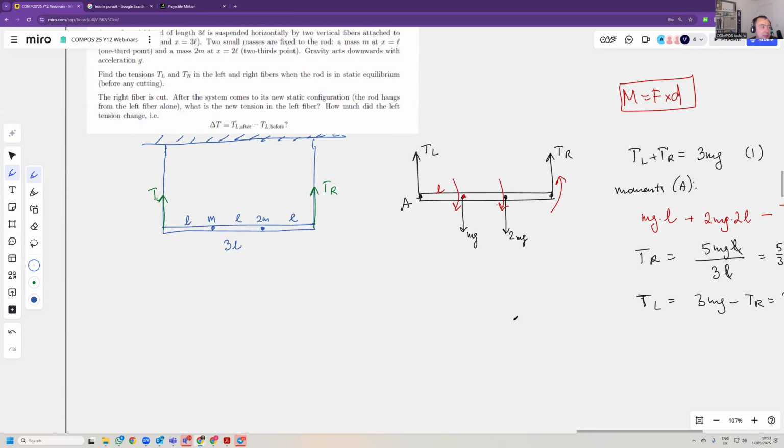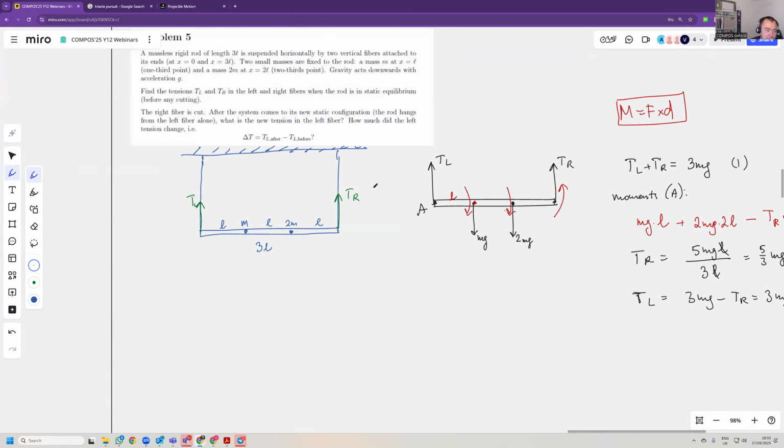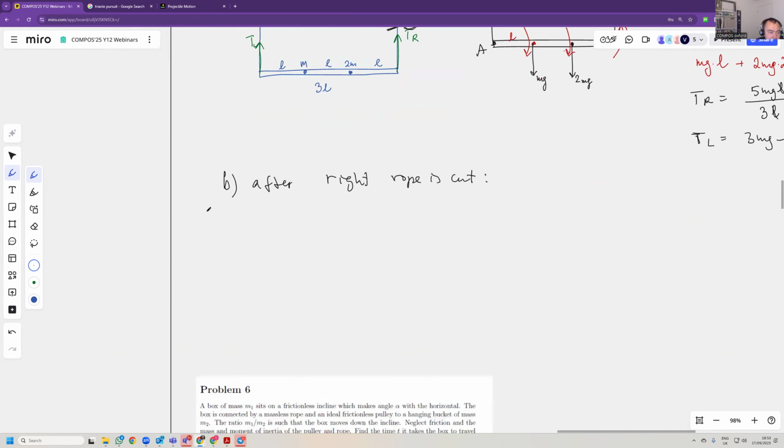Perfect. Now the right rope is cut. So we cut this with scissors, and then it hangs from just the left rope. So part B, after the right rope is cut. Well, it will hang